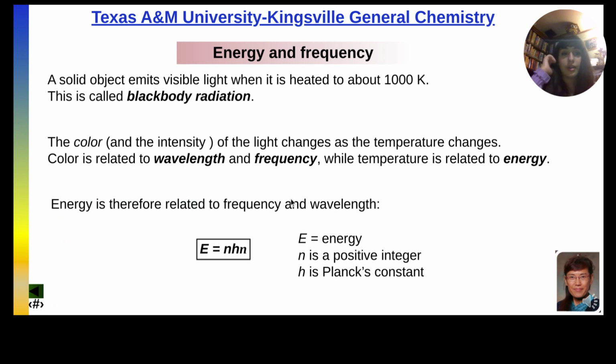Okay, we're finishing off with energy and frequency. So a solid object emits visible light when it is heated to about 1000 K. This is called blackbody radiation. The color and intensity of the light changes as the temperature changes. The color is related to wavelength and frequency, while temperature is related to energy. Energy is therefore related to frequency and wavelength. So E equals nhν. E is our energy, n is our positive integer, and